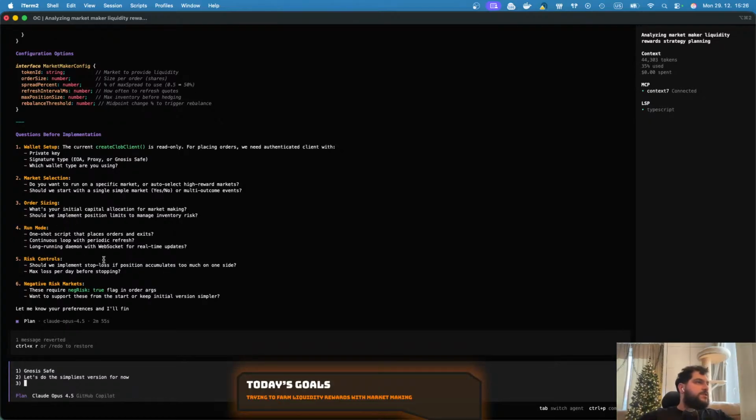Order sizing. What's your initial capital allocation for market making? Should we implement position limits to manage inventory? Let's set that up in the config, and yeah,